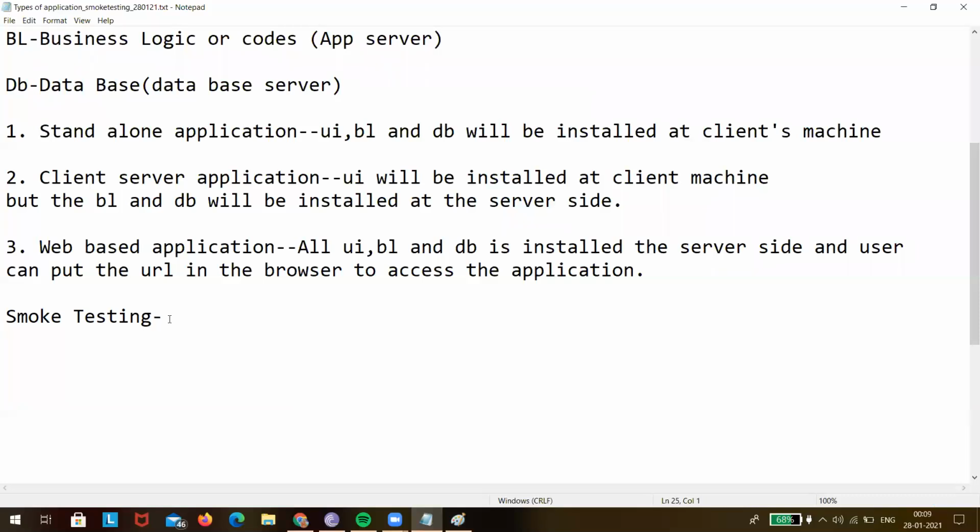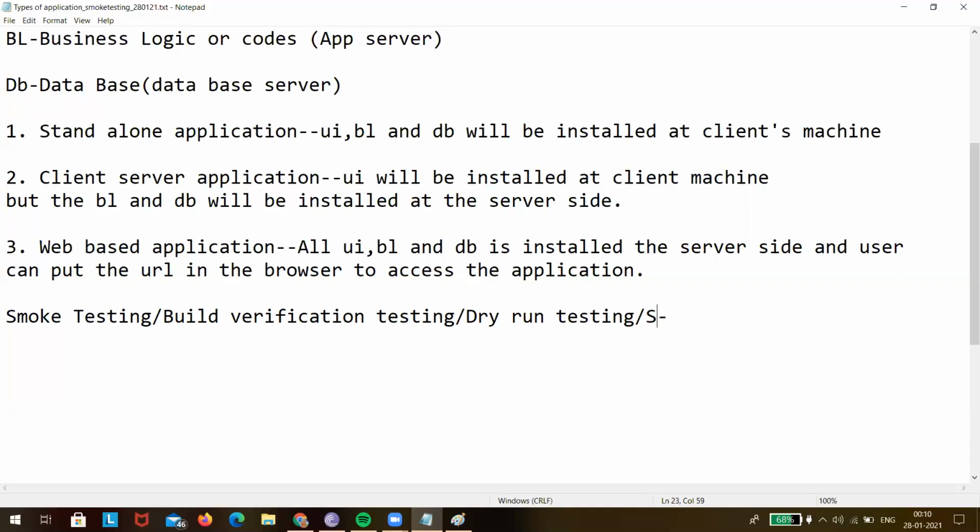Now smoke testing doesn't mean that a person will start smoking and start testing. That is not smoke testing. Smoke testing is also called build verification testing. Some people call it dry run testing, which is also correct.